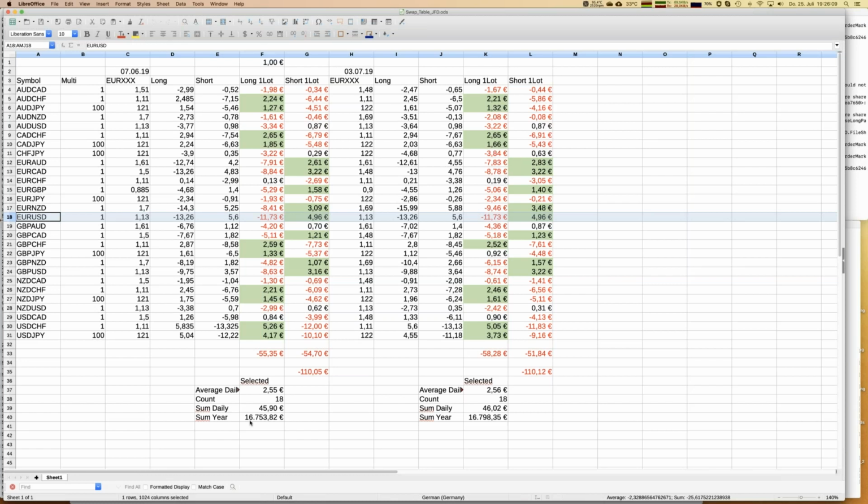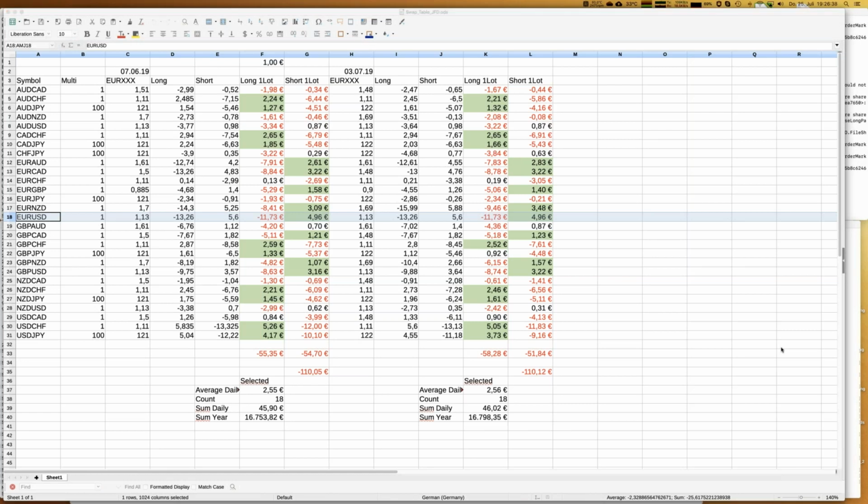Okay, later remember that number, but please divide it by 10, because I will show you an account, and I opened exactly those 18, but not with one lot. I opened all the trades with 0.1 lot, and that would translate to a potential profit just because of swap profits of 1,600 euros per year.